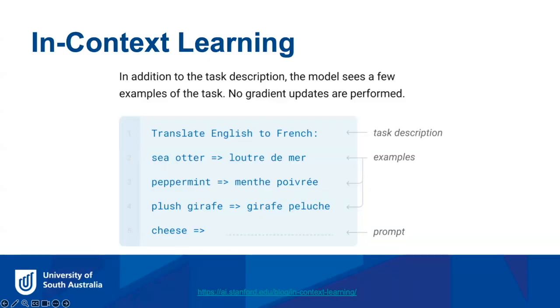We instruct the model to do something. We might show it a few examples of what we might want to do, perhaps a few examples of input and output that we expect. And then we tell the model, okay, here's a new thing. We want to know what the translation of cheese is, and expect that the model will come up with the correct answer. But again, that's great for us